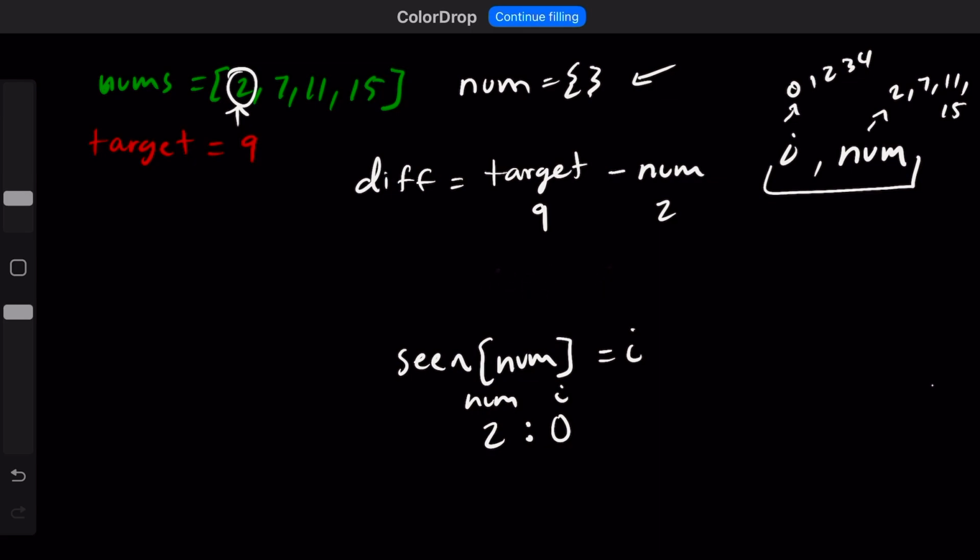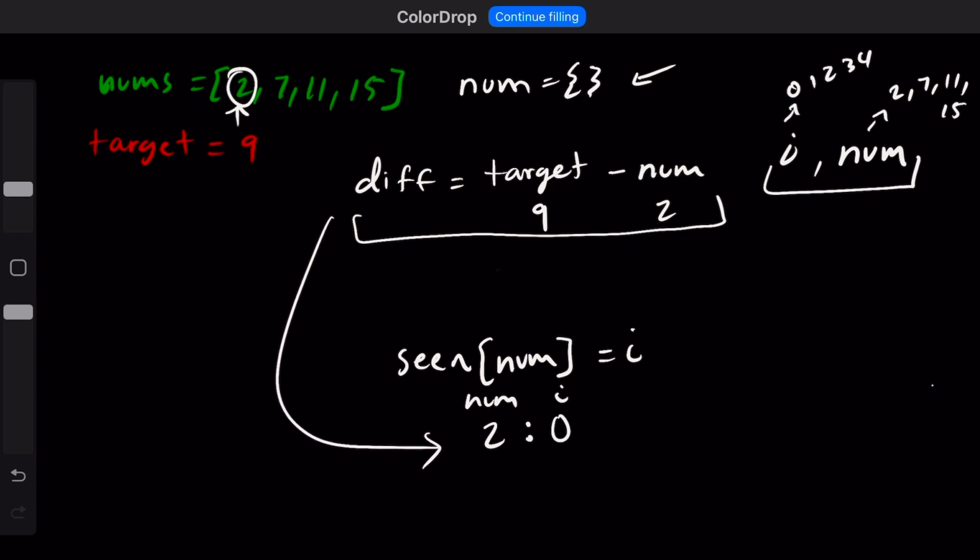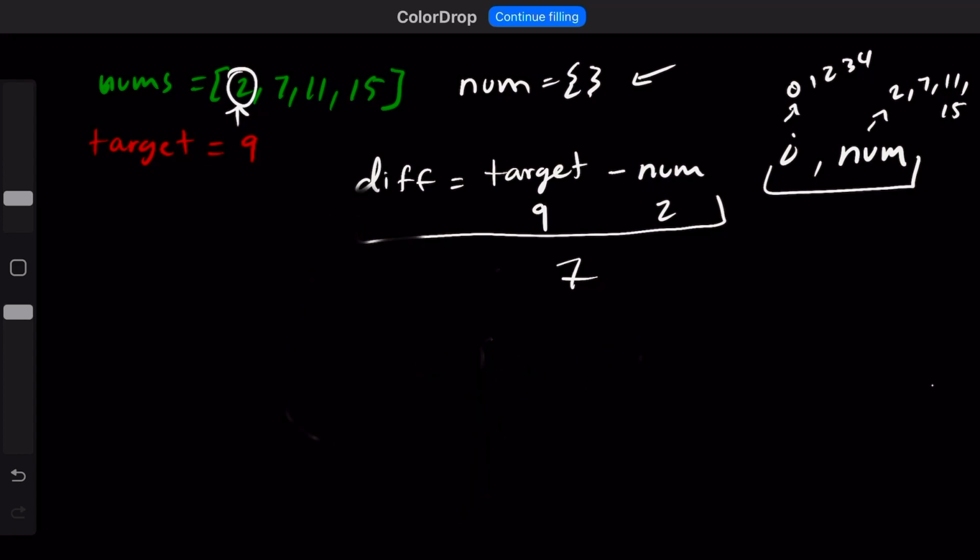The whole point of this difference, where you're subtracting target minus num, is that you want to check if the difference is in here, if the difference is one of these numbers. So target minus num, you get 7. Have we seen that difference already? No, we haven't. So we're adding 2 there. But if we've seen that already, then we return